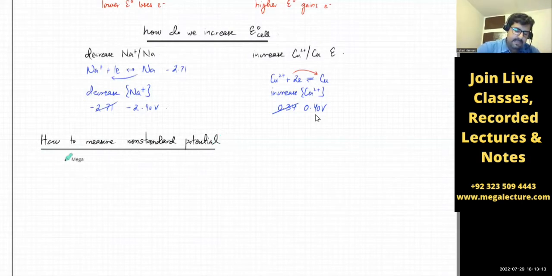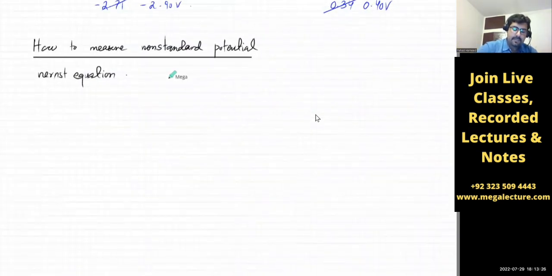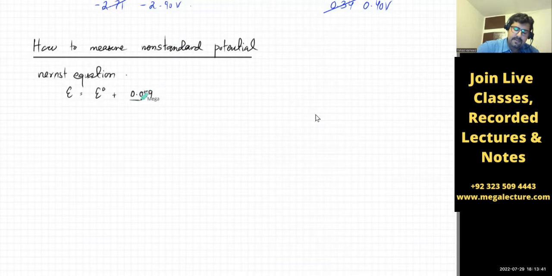There's an equation which is known as the Nernst equation. So this Nernst equation is that the new potential is the old potential E0 plus 0.059 divided by Z, log of